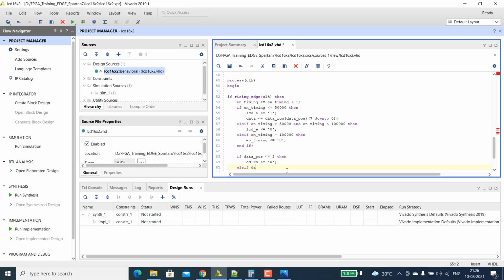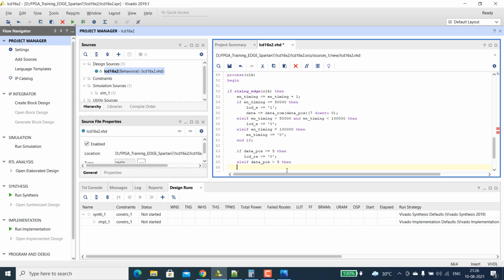Else if data position is greater than 5, then we have to make that LCD RS, register select, 1. That is for writing data. This is for control, then this is for data.